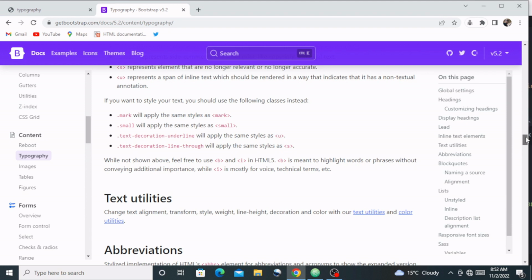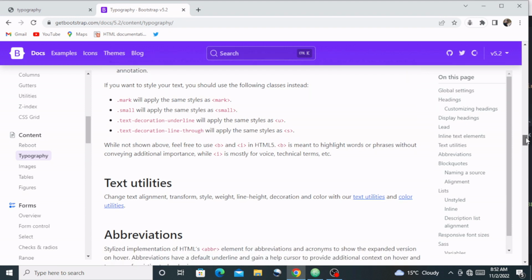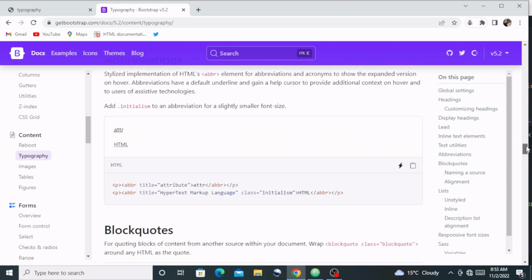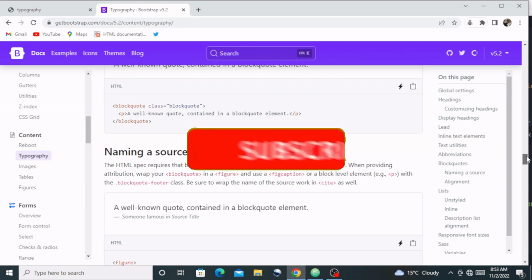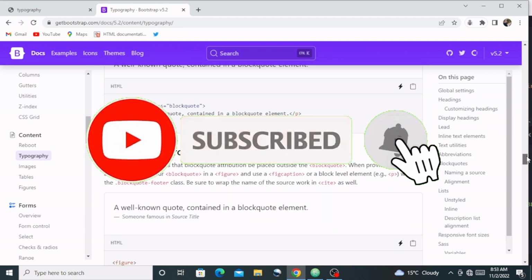Please continue and check what else you can do in the documentation, whether it's about text utilities, abbreviations, block codes, and so on. Play around with the code examples, and please feel free to share